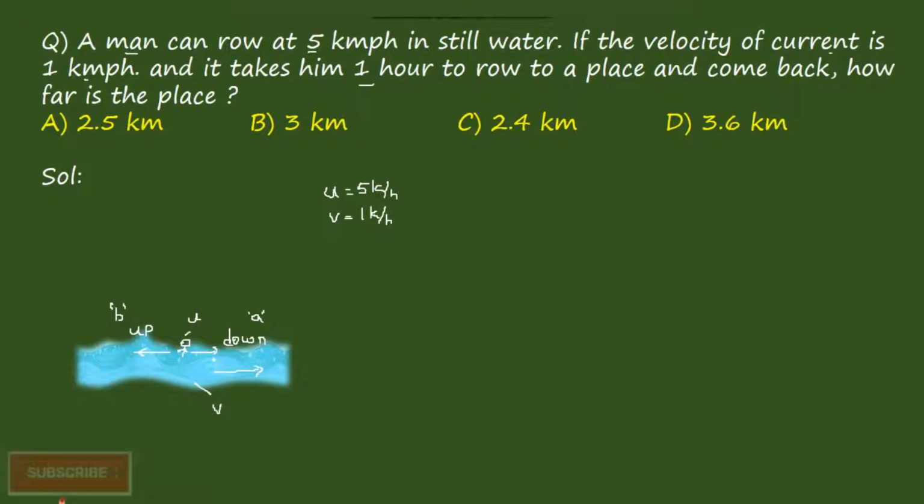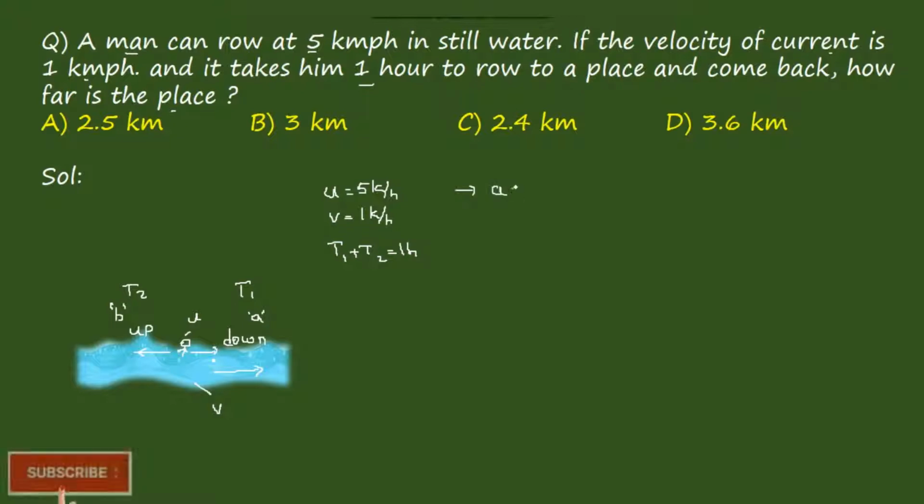The person, if he starts from here, will be going upwards and comes down. The time taken is 1 hour. If we consider downstream time as T1 and upstream time as T2, then T1 plus T2 is equal to 1 hour. Now it is asking how far is the place. We have to find the distance. Now the general thing that we know is